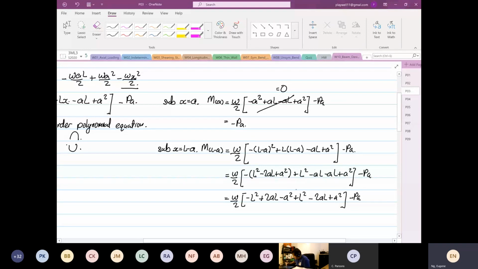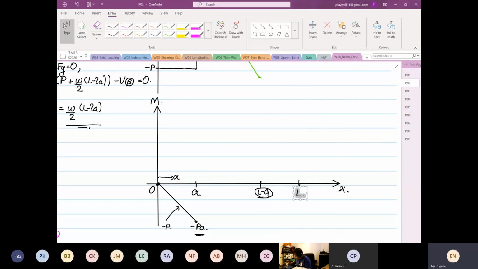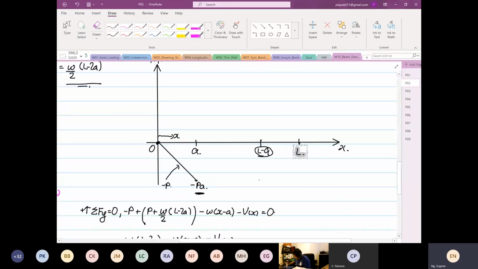So this and this cancel. This and this cancel. This and this cancel. And you're right, it all equals 0. I'm teaching now, so I want you all to be very comfortable. Some of you have background knowledge, you know that it's equal to 0, fine. Some of you cannot visualize it. I also cannot visualize it, that's why I'm doing this. Right, so from here, we know that the next point over here at L minus A,